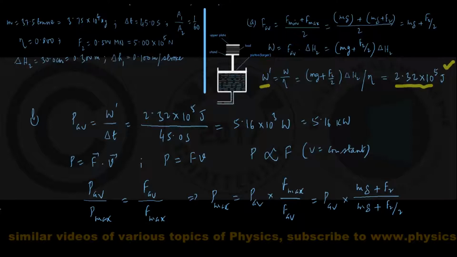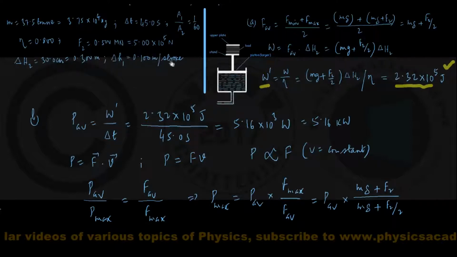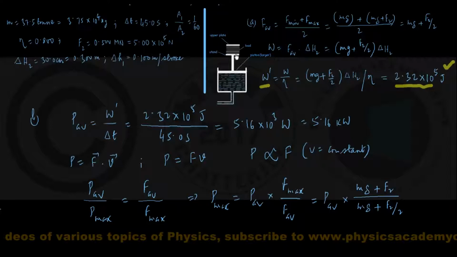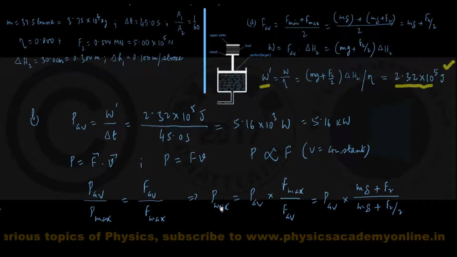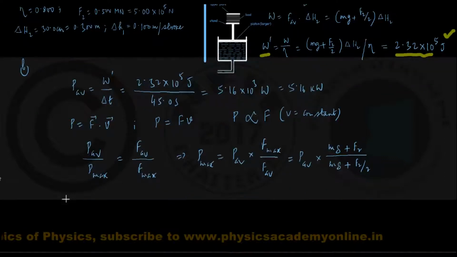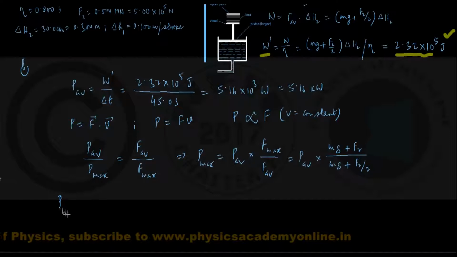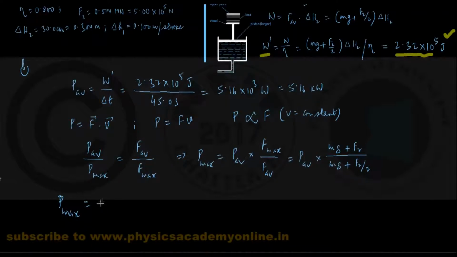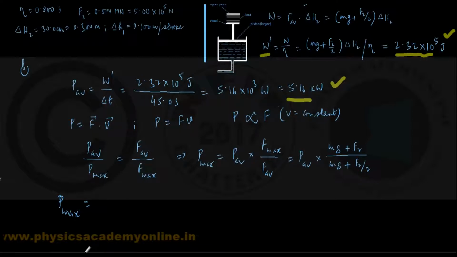Remember, we can write all these things with the condition that the vertical strain on the load is directly proportional to the compressive force applied. So once we get this, let us put the values next. We have maximum power supplied by the engine is equal to average value of power that was found here, already calculated, 5.16 kilowatt,